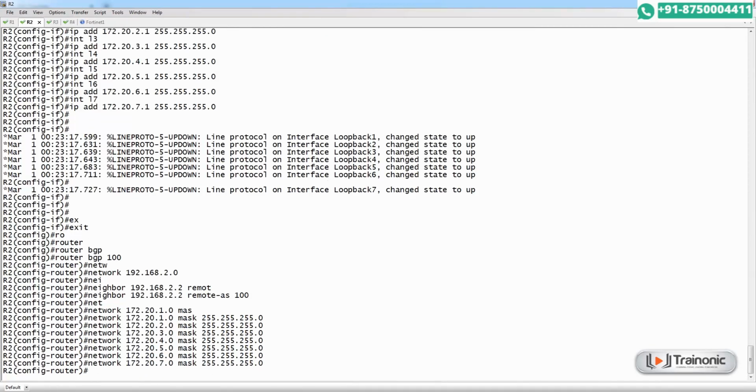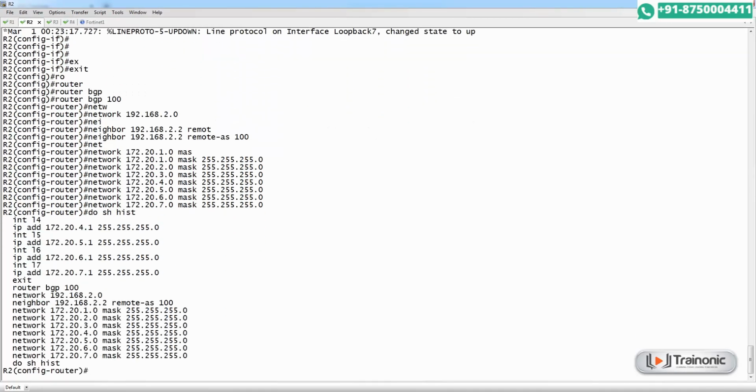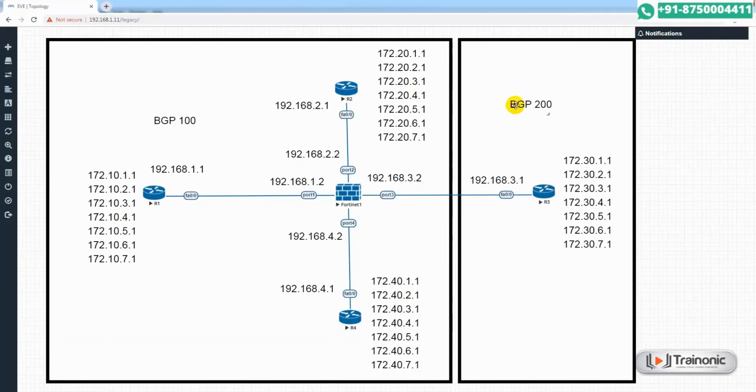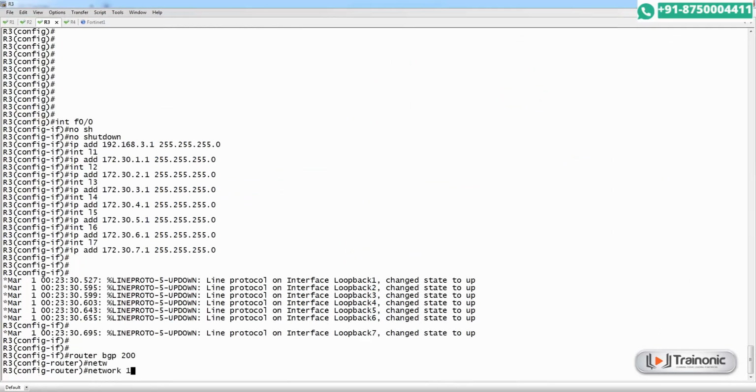For R3 we will configure BGP AS number 200, router BGP 200, network is 3.0, then neighbor is 3.2, which remote AS number is 100.